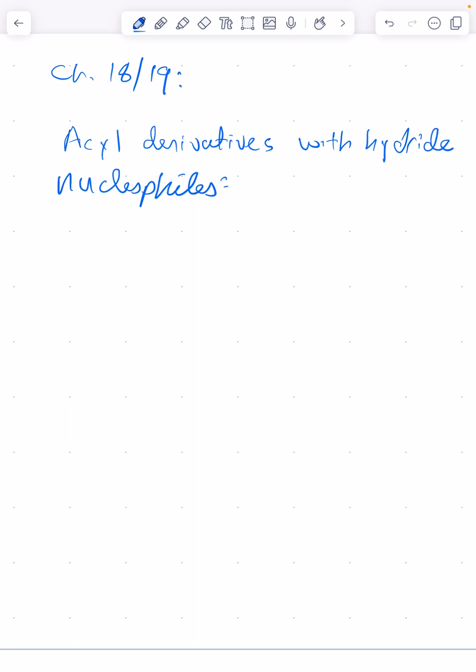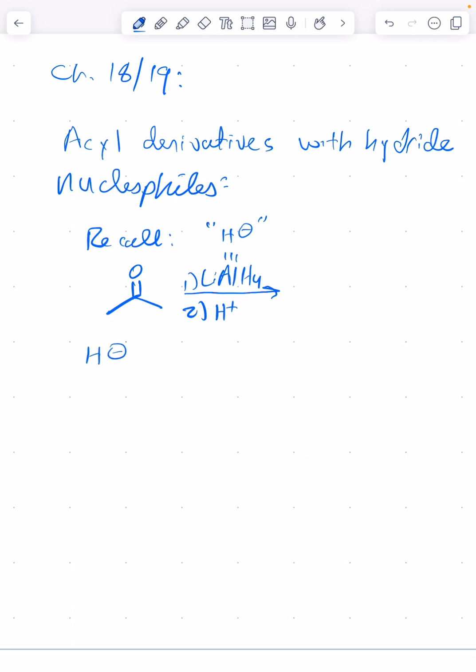And so if you remember, we talked about reductions of carbonyl compounds like ketones and aldehydes with, for instance, lithium aluminum hydride followed by acid. And remember, what we figured out is that lithium aluminum hydride really behaves as though we have an H- nucleophile. And so we can have reaction of that hydride at the carbonyl to give us reduction of the carbonyl by delivering that H- nucleophile. And then in the second step, we would just put on a proton of the O-,